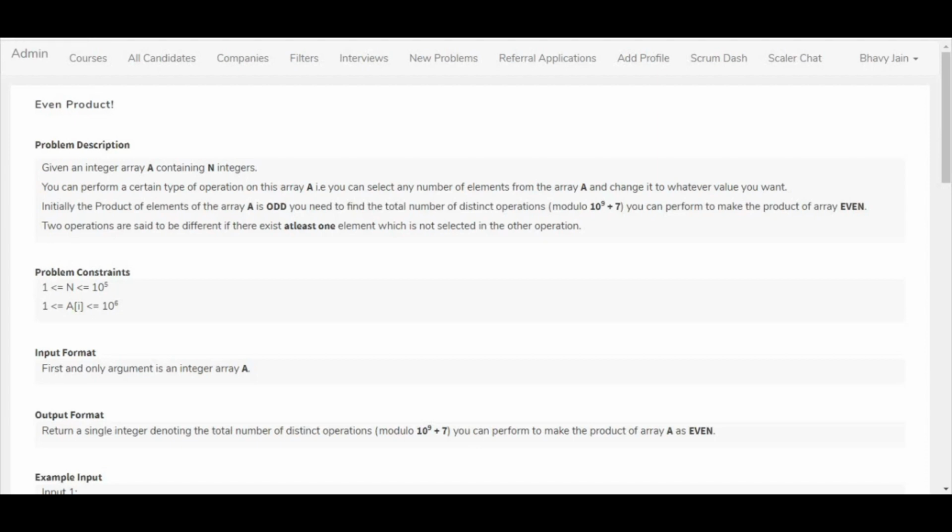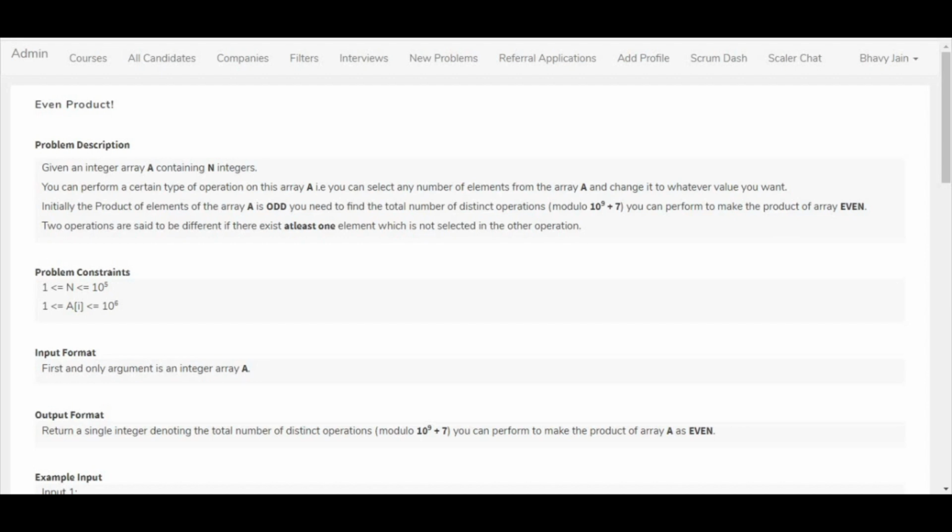So I'll discuss the problems of code drift. It was organized for 2 days and the prerequisite was arrays. On the first day we had a very easy problem and a medium problem. On the second day we had an easy problem and a hard problem. In this video I will discuss the problems of day 1. In the next video I will discuss the problems of day 2.